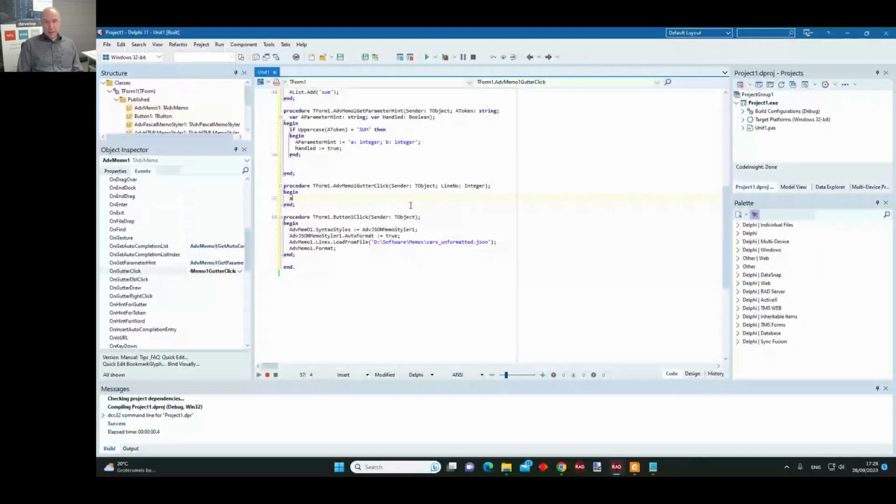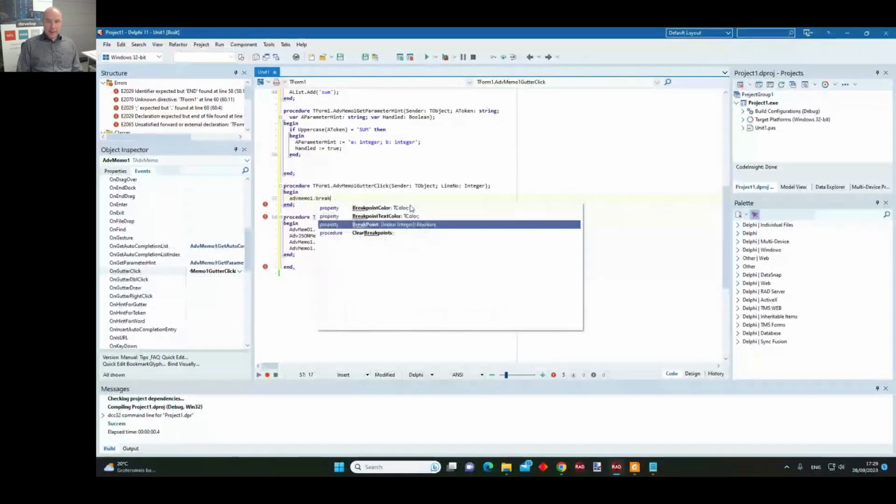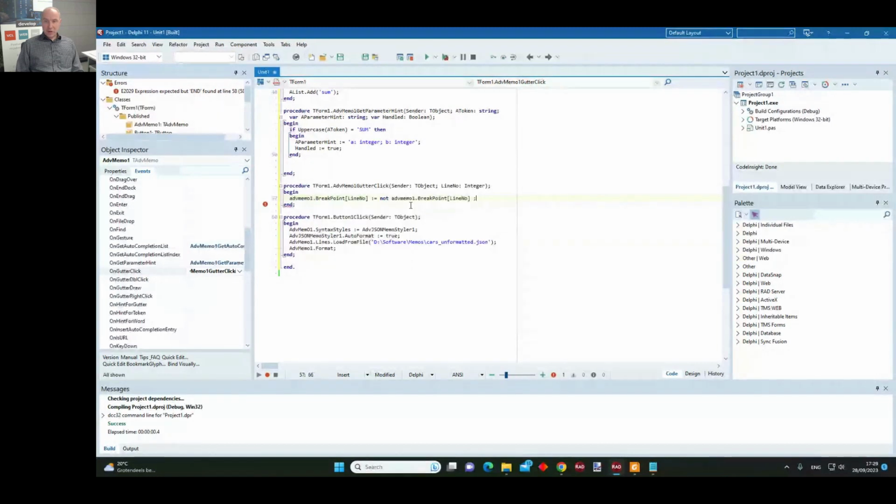And so what I do here is I will add a breakpoint at the line where I clicked. So the line number where I clicked is returned, and I will simply add the function here to toggle a breakpoint at that specific line. So that's how simple it is.